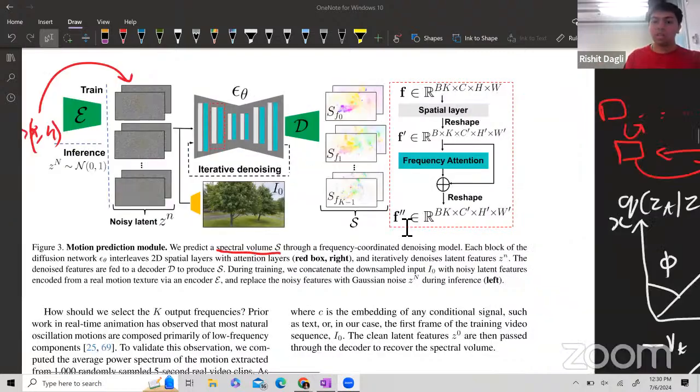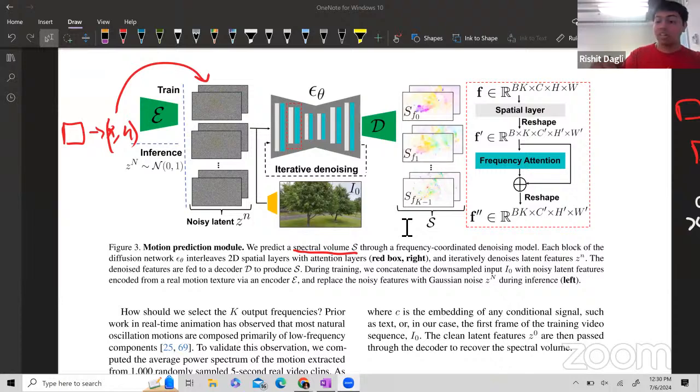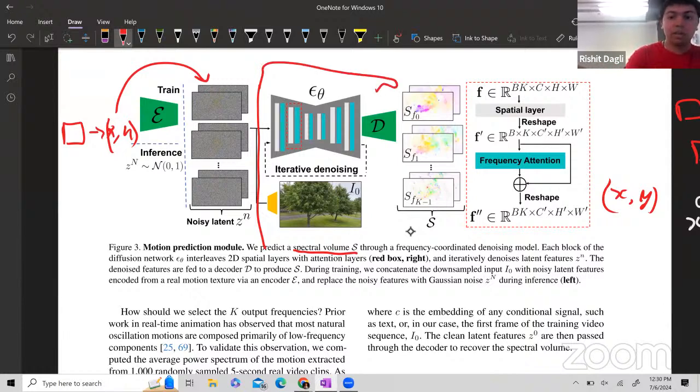Across a given axis you have an x and y, the standard Fourier coefficients. Then the diffusion model is predicting these Fourier coefficients. So this iterative denoising, this entire thing, well, not the decoder, of course, is all working on these Fourier features.